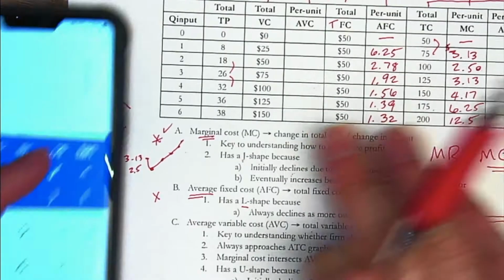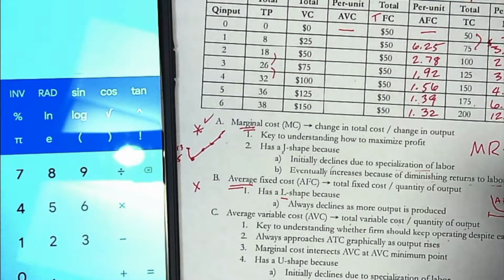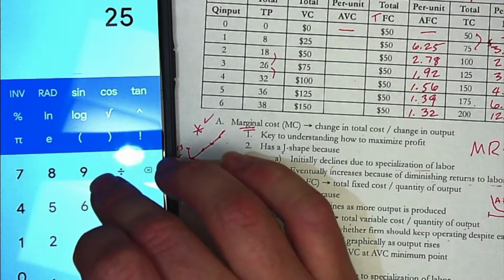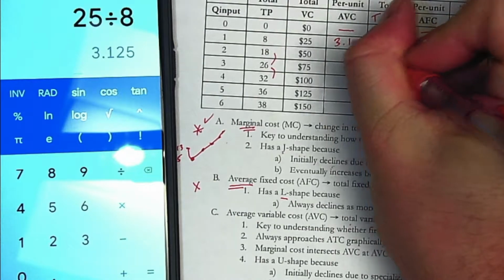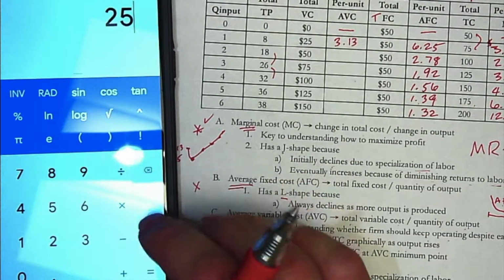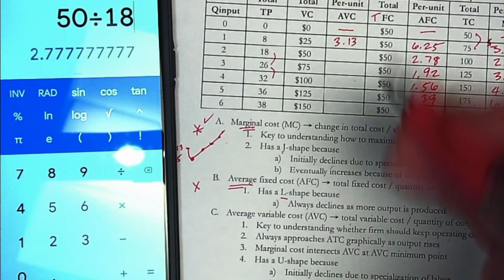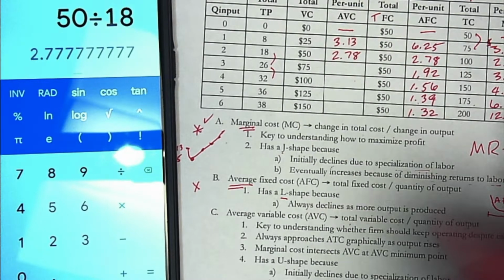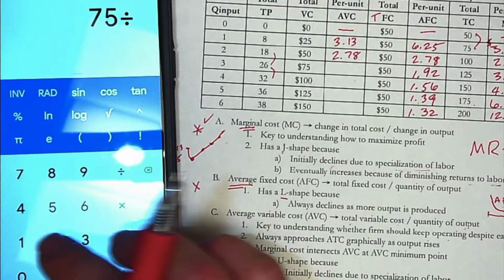So we'll get our trusty calculator out again here, and for the 0th value it doesn't exist, but we have total variable cost of 25 divided by 8, and so we get 3.13. And then we get 50 divided by 18, and it's 2.78. And then 75 divided by 26 is